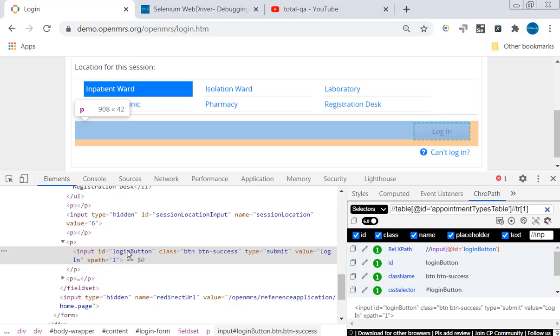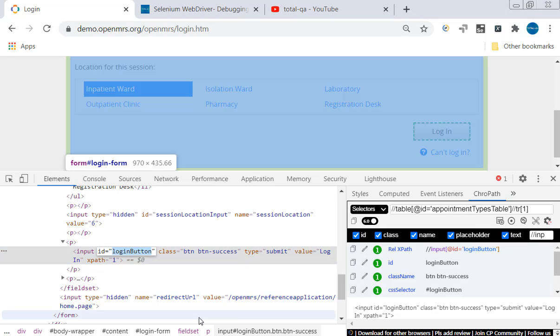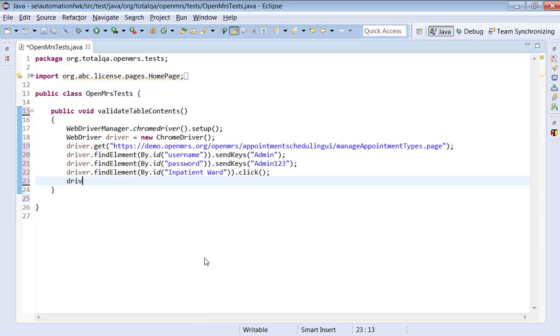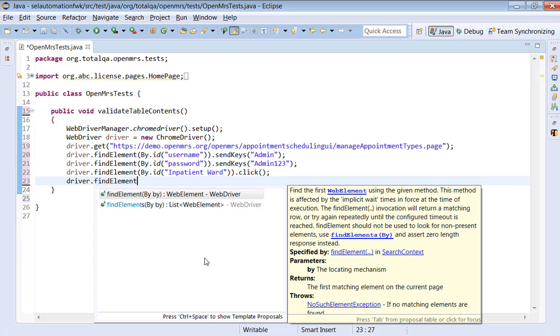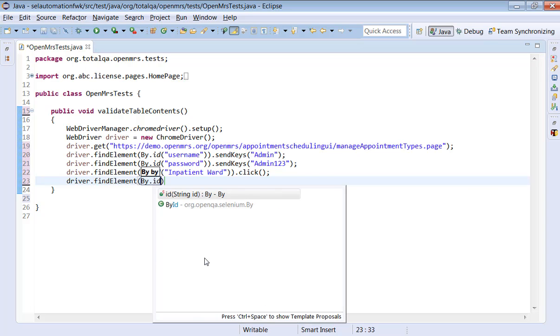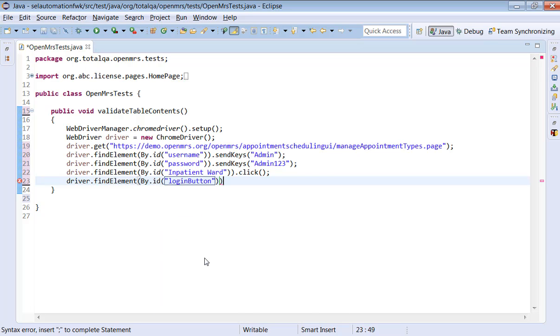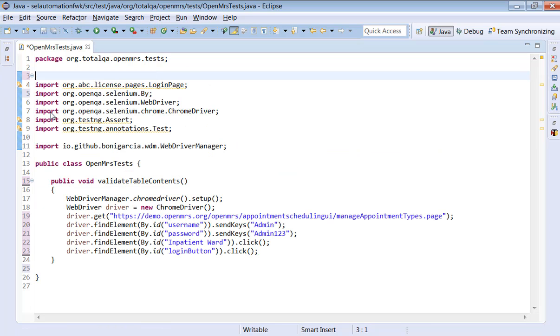The ID is login button. Now driver dot findElement by ID, dot click. Now we are able to log in successfully. Right. So let me remove some imports which are not required.